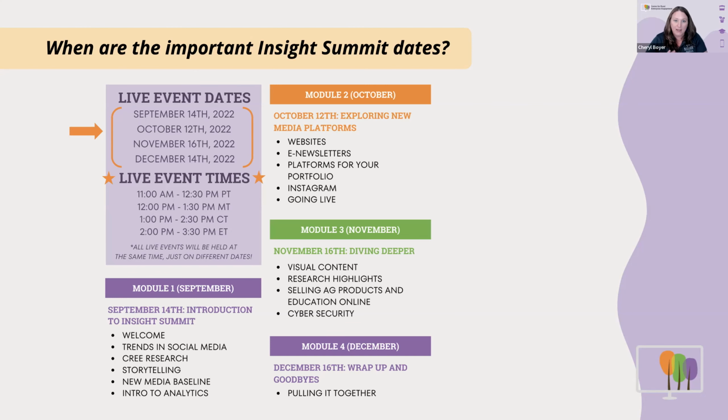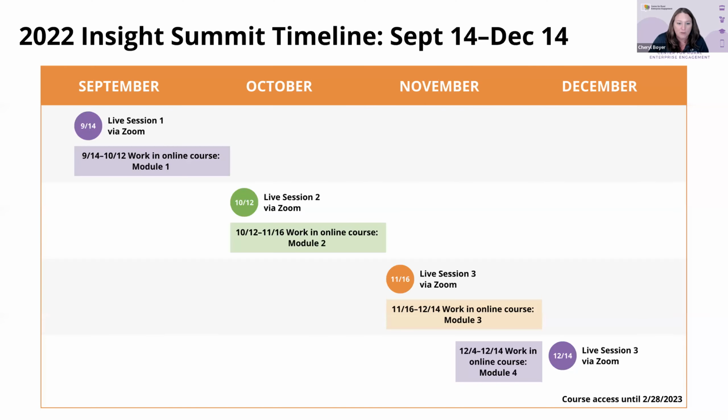There's these 4 big components, and on the next slide you'll see sort of how that looks in terms of weeks. So we've got live sessions right at the beginning of each module. Then we will meet again in a live session, and we will give you access to the second. So you don't have access to all of it at one point. You have this first part until next month when we meet, and then you'll get the second part, and then the third part, and then the last little bit we will just end cap with, and I'm using my cursor and you can't even see that, sorry. And we'll end cap with the live session on Zoom at the very end, right before Christmas.